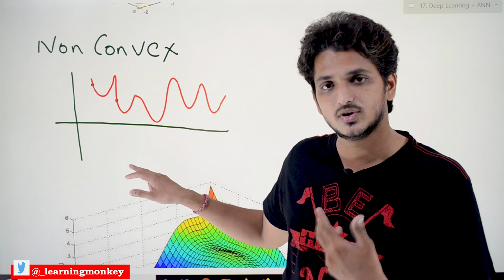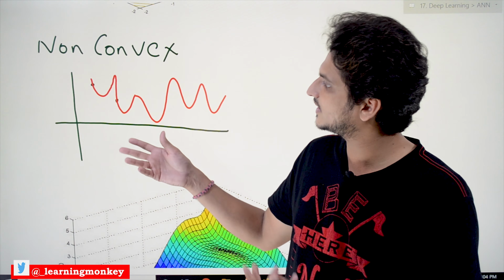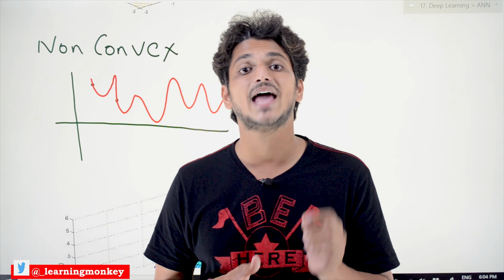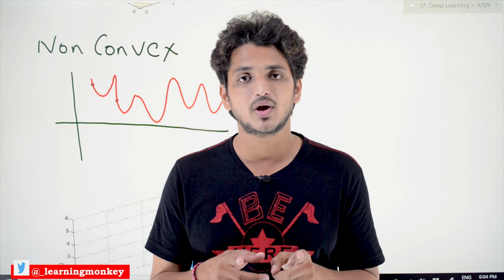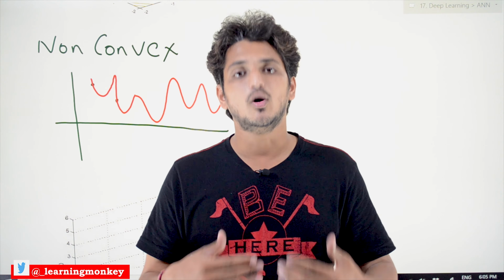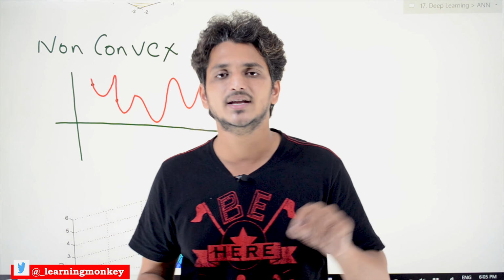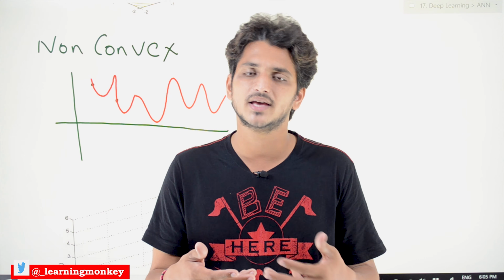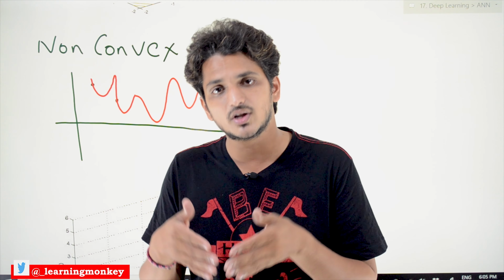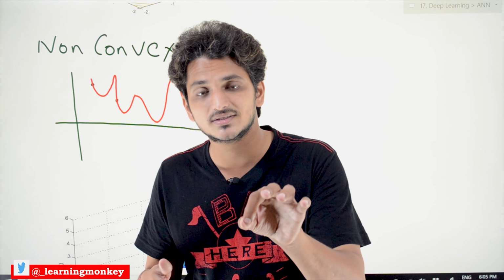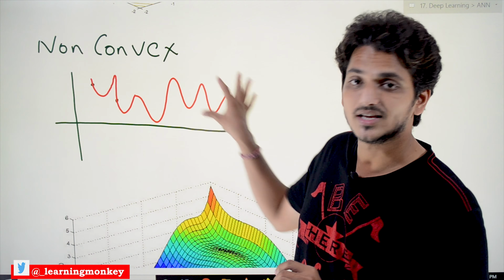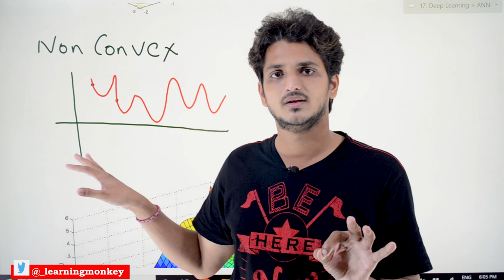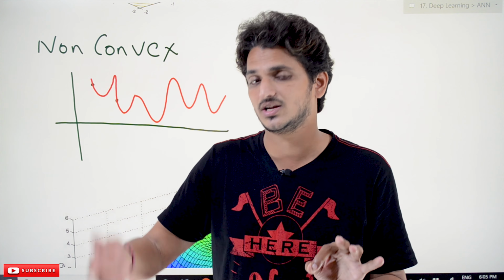In our next class we will discuss different techniques, and one more problem with non-convex functions is that we have saddle points. What is the problem with a saddle point, and how do we overcome it? We will discuss that in our next class. In our coming classes we will discuss optimization functions, like how to speed up the training of the neural network. All these concepts require this non-convex visualization. So please watch this class again and again till you get clarity. This will help you a lot in understanding our next classes.